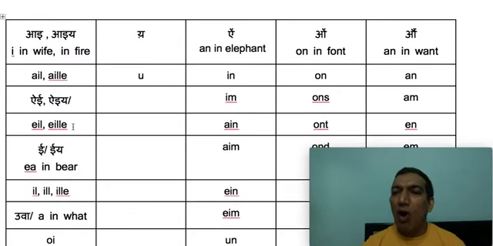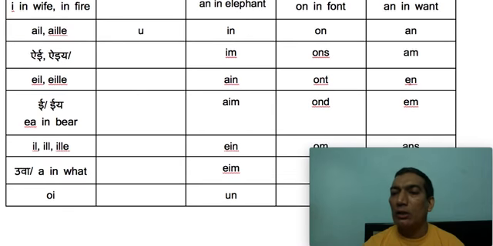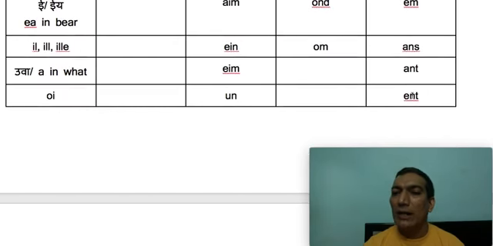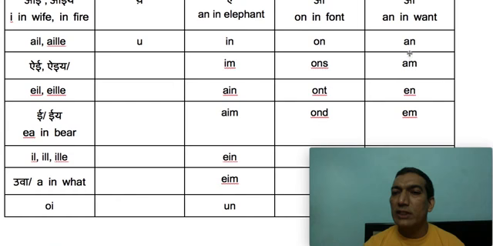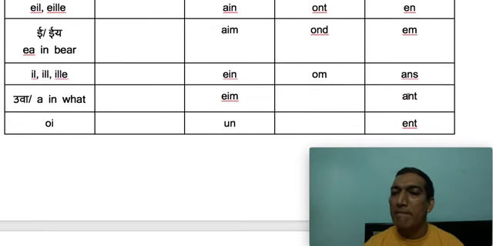The next sound is on, as for example in the word want. So on, like in want, but again you do not have to separate it from the vowel. So on, an is on, am on, an on, am on, ans on, int on, ent on. Okay. So whenever you see any of these combinations, you will pronounce them as on, an, am, an, am, ins,